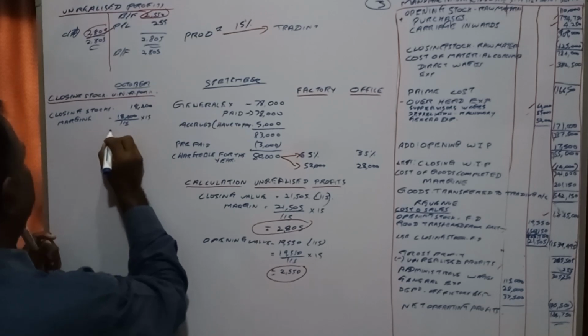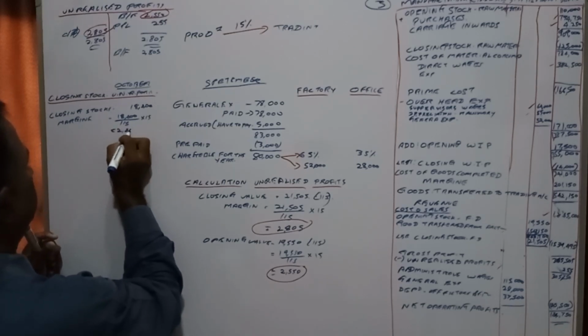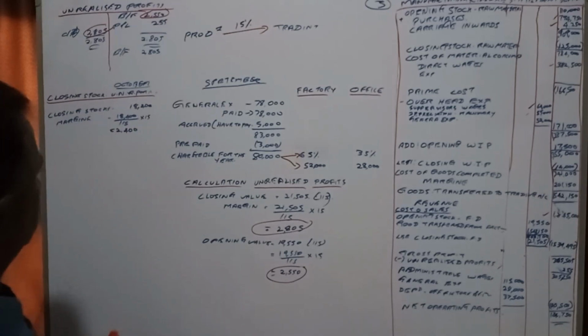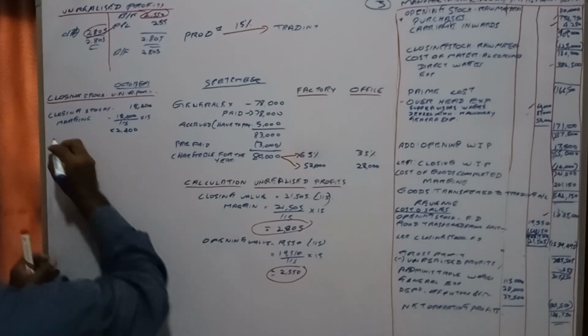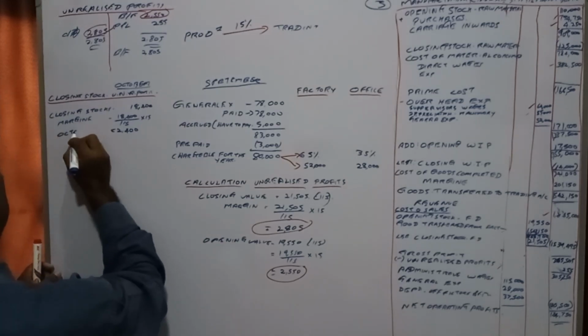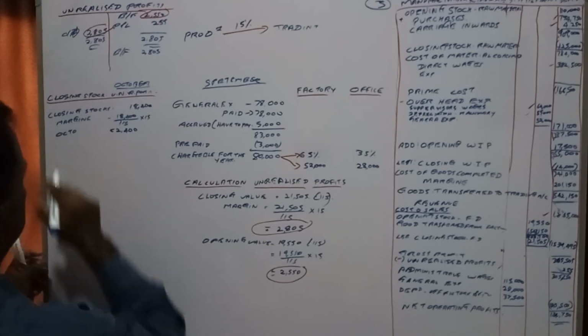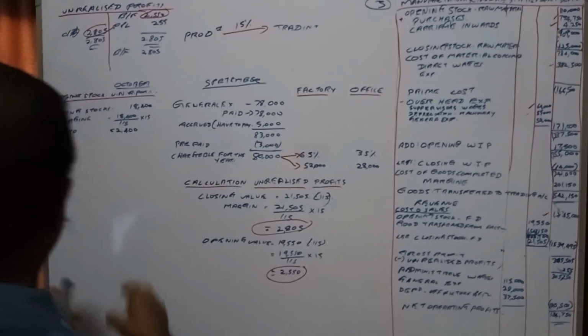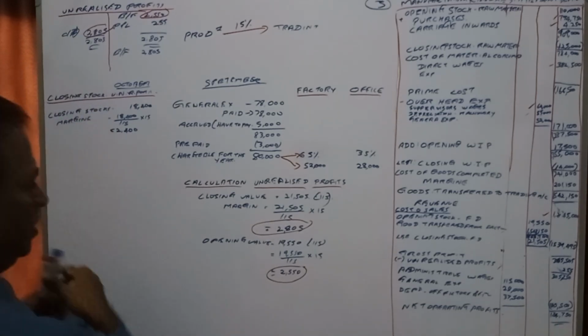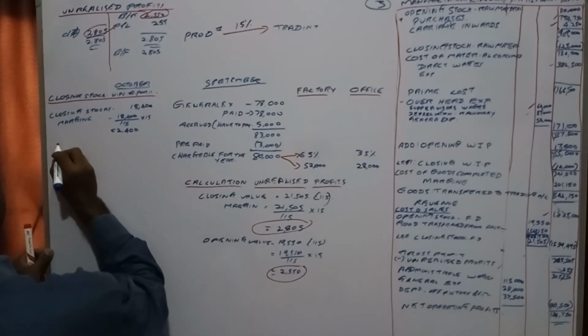The unrealized profit portion is 2,400. This is for the October. Then the September unrealized profit